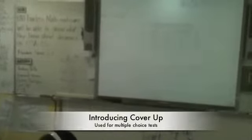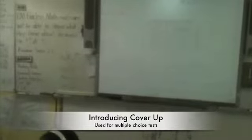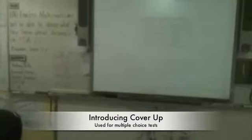Channing, all the people who are thinking critically during this time ended up being able to use it immediately on their FSA. Cover-up is a strategy that we're going to use when we're taking a test that has multiple choice